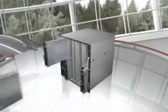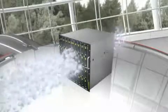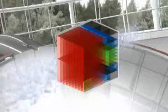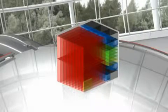What's one of the most expensive things in your data center? It's every single liter of air that needs to be ventilated, cooled down, and ventilated again. Our patented CoolSafe technology ensures that the Dynamic Cube inhales cooled air a lot more effectively than any other system. We designed an extremely effective housing for passive cooling and added our highly efficient power supplies with over 90% power